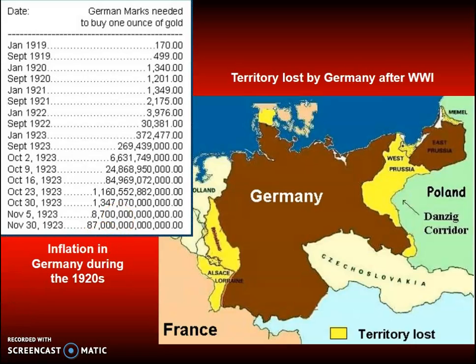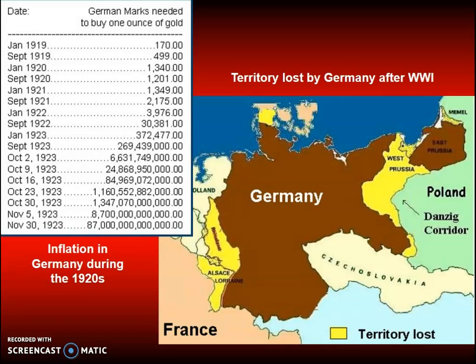And while the Dawes Plan of 1924 did ease Germany's dilemma a bit, what we're going to see is when the great stock market crash of 1929 occurred in the United States, it quickly had a ripple effect on all other economies of the world. So before long, Germany was in the midst of another deep financial depression as well.